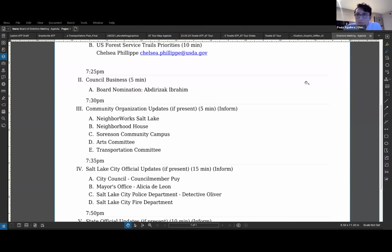Perfect. And for Transportation Committee, I'll take that. We're currently developing an active transportation plan for the neighborhood, and the update there is that a draft report is going to make it into the hands of Salt Lake City for review, and the end goal is that by the end of the year, there's enough back and forth, more community input solicited to have it